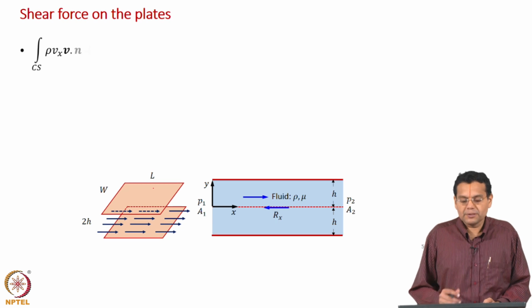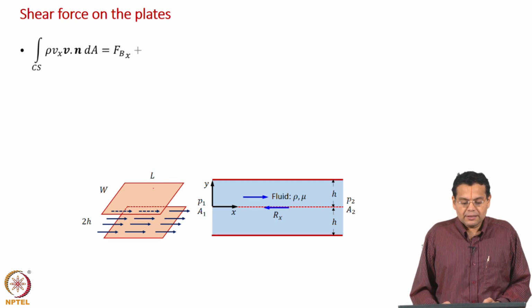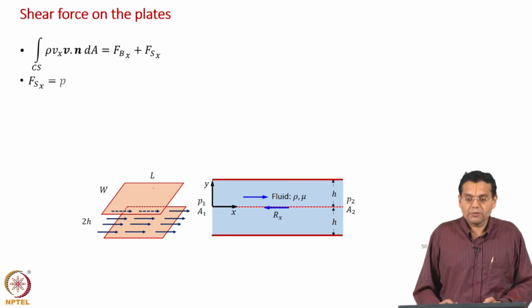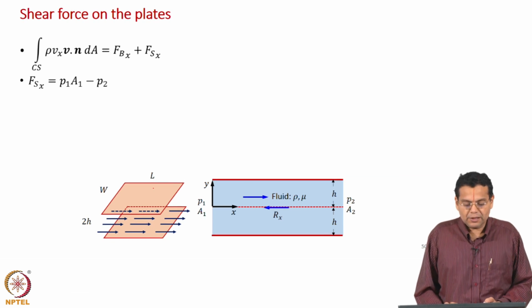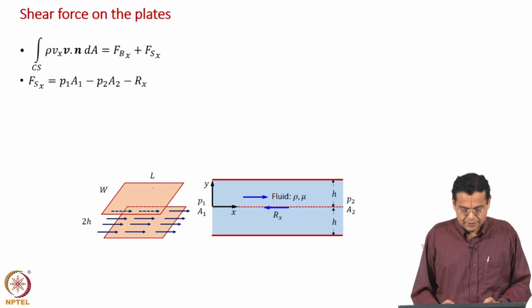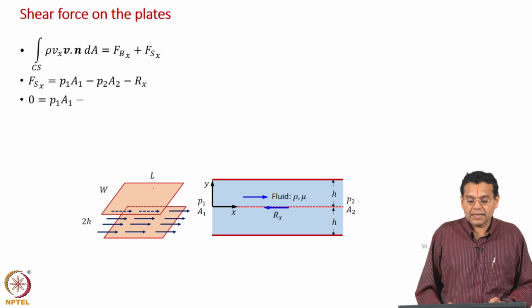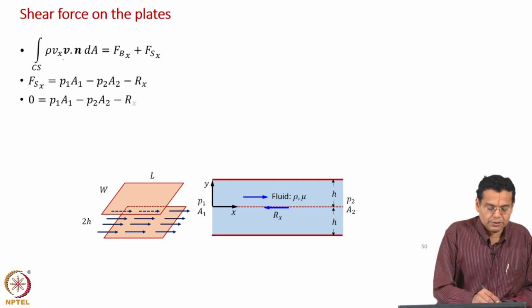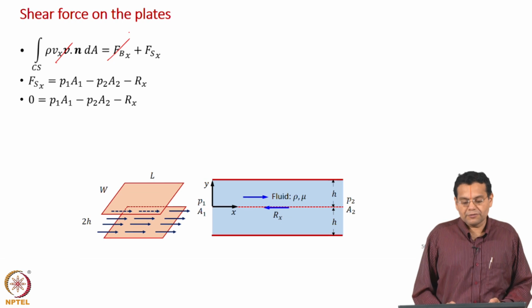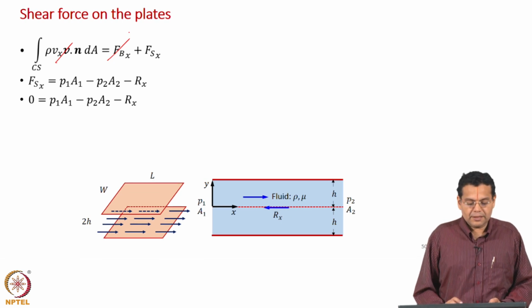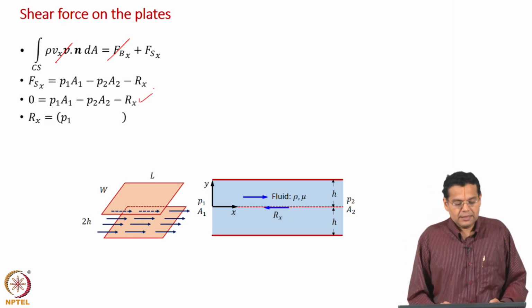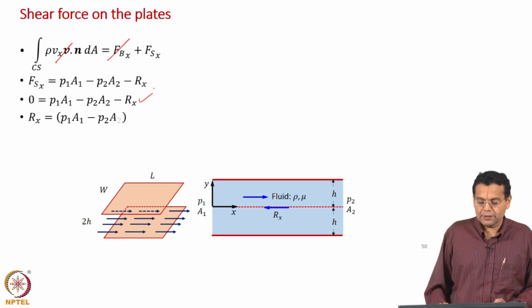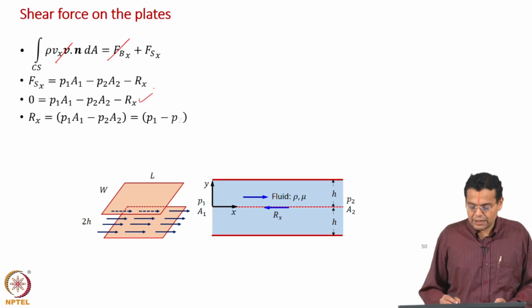Okay. So, let us put these all together in the integral linear momentum balance. We found out the surface force just now in terms of pressure, area and the shear force. Okay. So, left hand side is 0, right hand side body force is 0. So, this is 0, this is 0, left only with surface forces, and so we substitute on the right hand side, rearrange for Rx. So, P1 A1 minus P2 A2, and of course A1 A2 are both same,